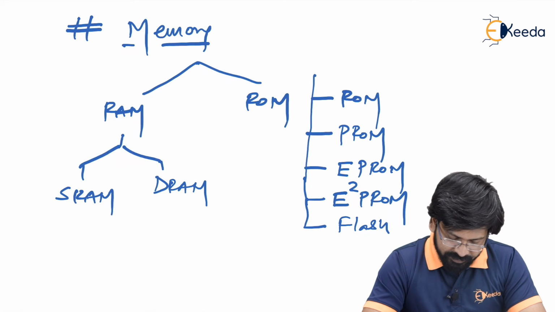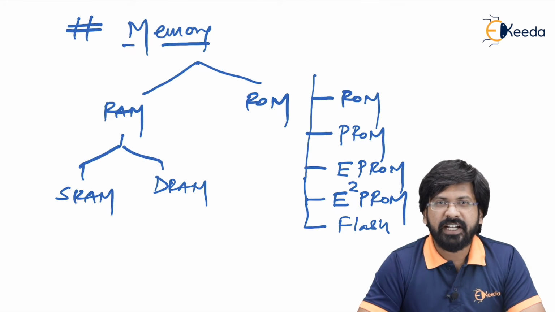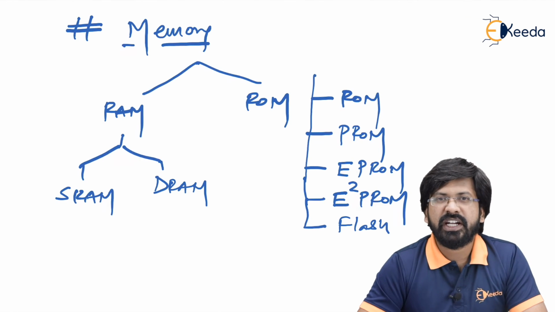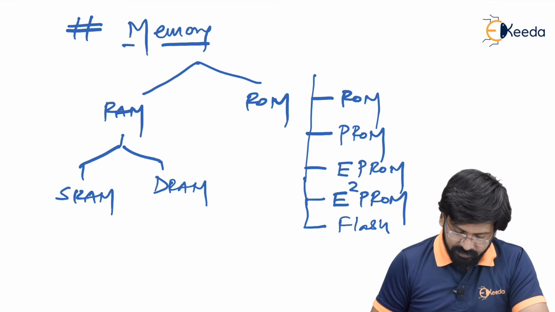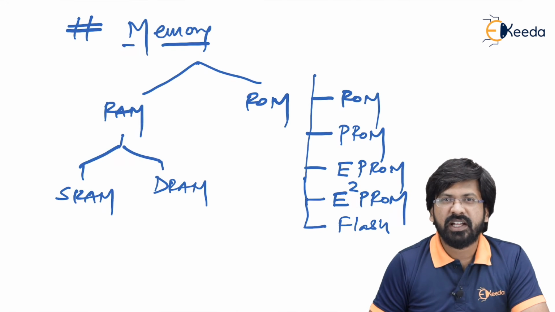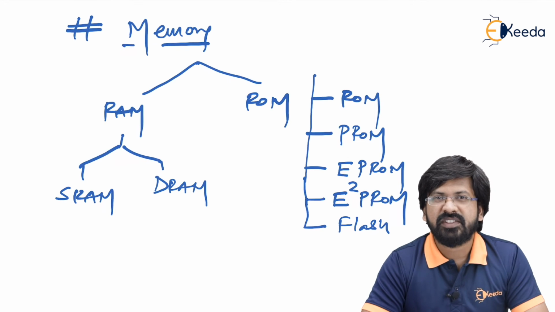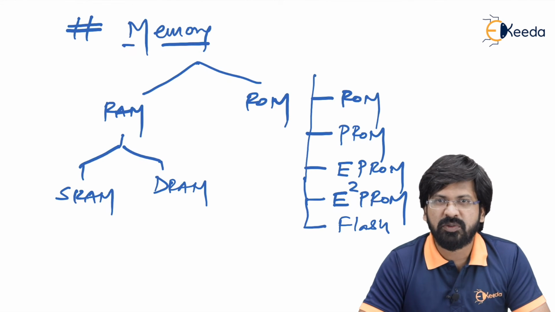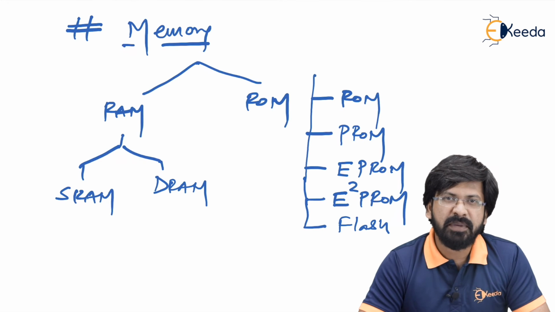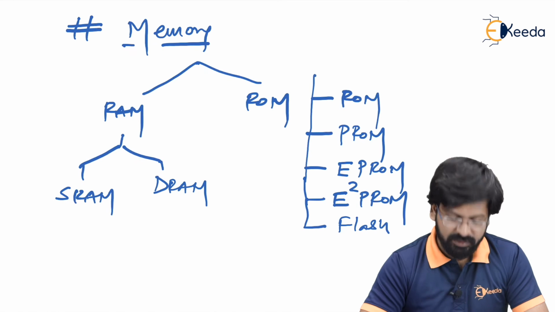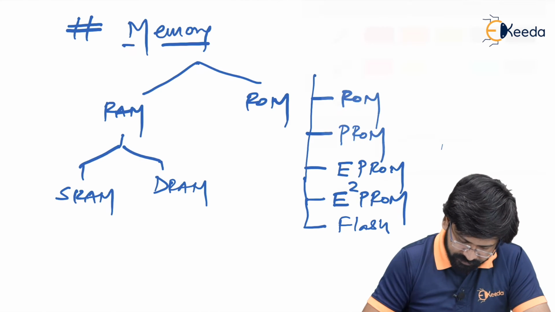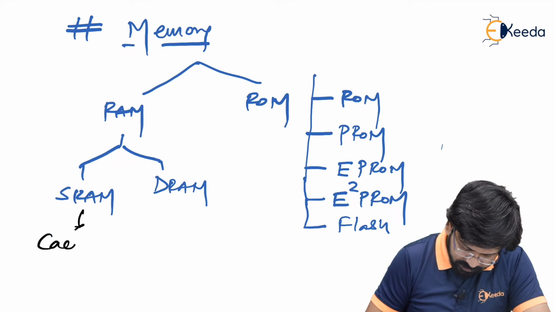Basically RAM, I'm sure you know, is what we call read and write memory, also called random access memory, whereas ROM stands for read only memory. So a particular memory from which you can only read the data. Within RAM, we got two types. One is called SRAM, the other one is called DRAM. SRAM stands for static RAM. These static RAMs are nothing but what we nowadays use as cache memories. All those cache memories, which are smaller in size but quite faster as compared to dynamic RAM, are used in our mobile phones also nowadays.